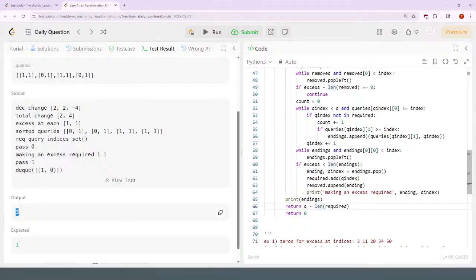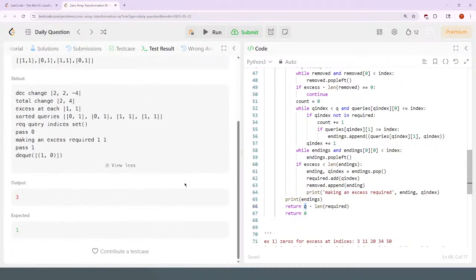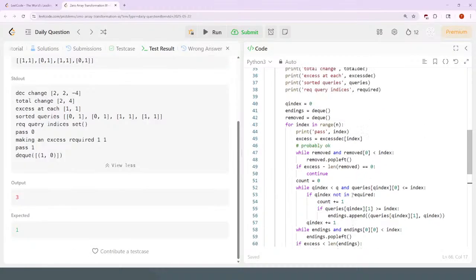So the length of the thing minus the length of the stuff that's required. So the stuff that's required is 1. Length is 4. 4 minus 1 is 3. Oh, shucks. Okay. Yeah, so